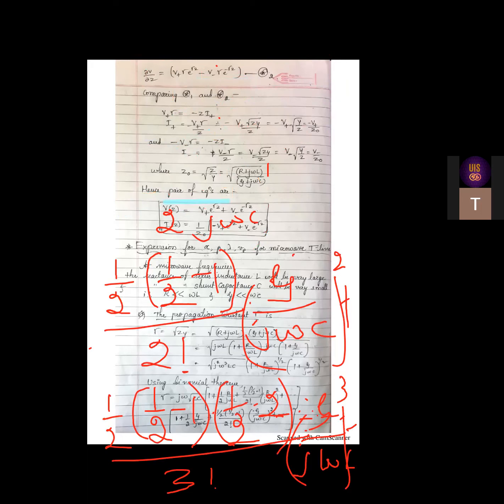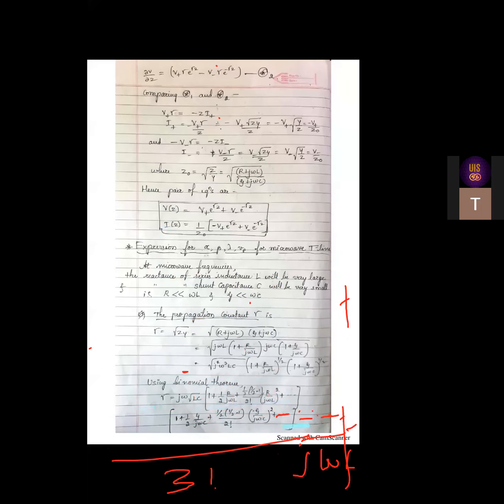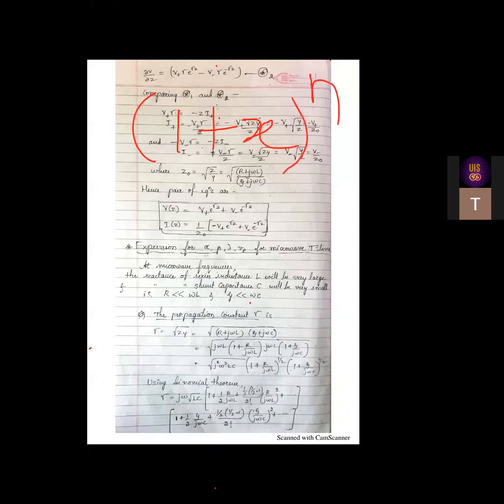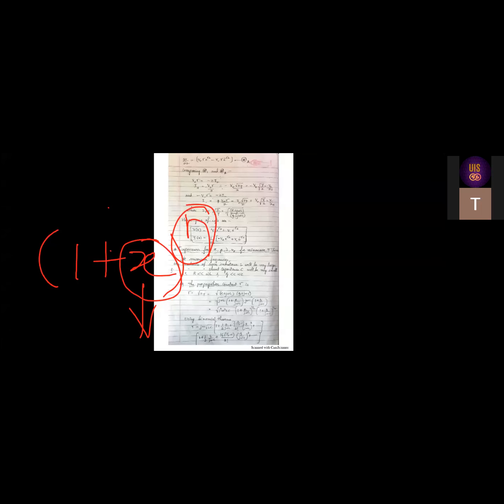I have written only the first two terms squared. So these two I can expand using the binomial theorem. You should know what the binomial theorem is first, so please have a look at it. What is the condition for the bracket term 1 plus x raised to n? What should be the condition for n? There is a condition, and only then can you apply the binomial theorem.